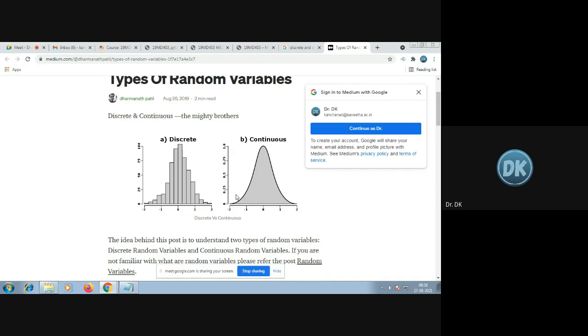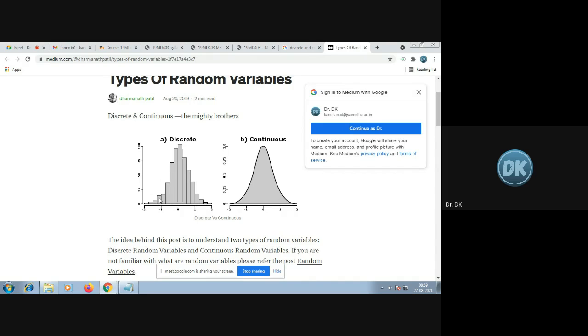So each and every day of the year, starting from January to December, each day you are plotting the rainfall over a region, for example, in Tamil Nadu. So in Tamil Nadu, the rainfall over the year for every day is a continuous variable. But then if you are taking for every quarter or every month, then it is a discrete variable.